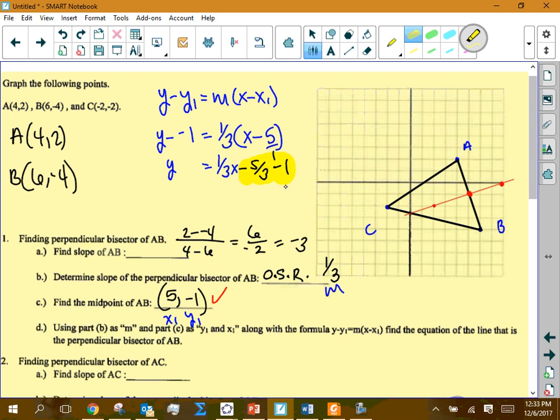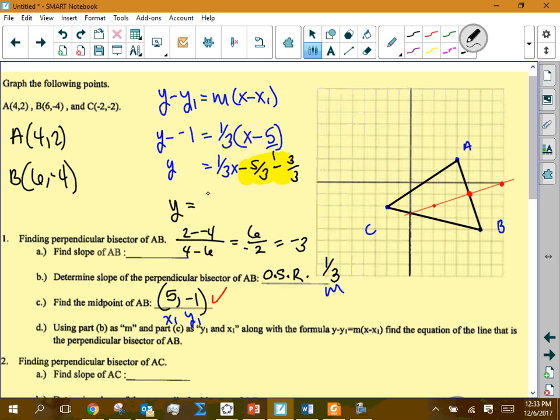And how do you add or subtract two fractions? You need a what? Common denominator. What's the common denominator going to be between those two numbers? It's going to be 3, right? Can I rewrite 1 as 3 over 3? Still 1, right? Okay. Now that I have a common denominator of 3, I can actually do the algebra with